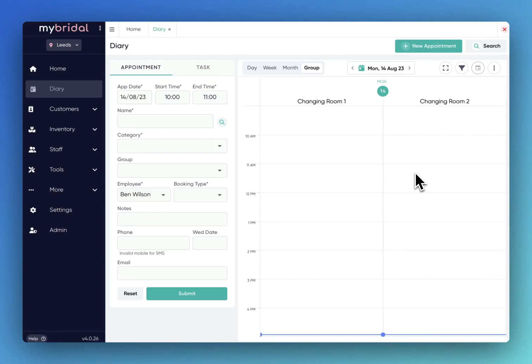This video help guide is going to talk you through diary blocks. So we've created diary blocks because they block out periods of time in your diary, self-explanatory. The idea behind a diary block is that when you're using our online booking system, if you have a diary